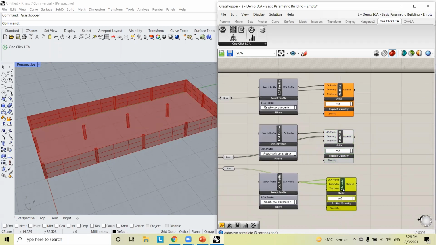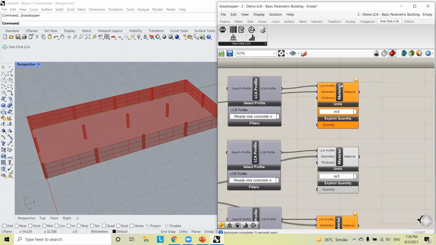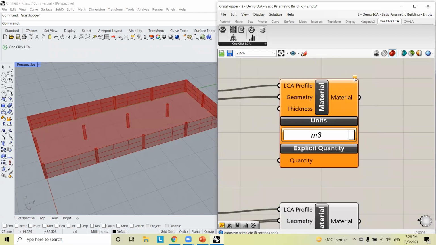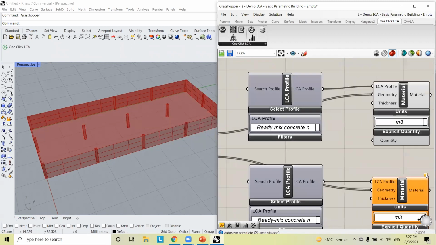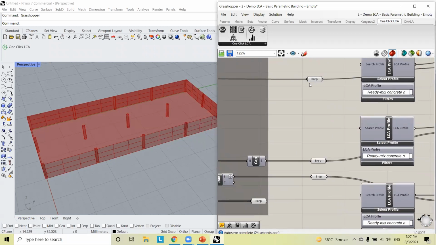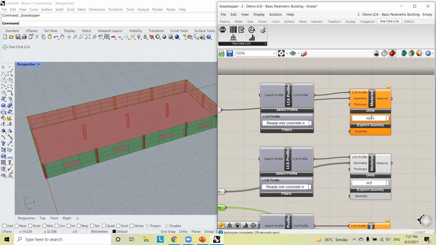So I suppose most of you that already use Grasshopper can see that there is a warning here. And if we go to the bubble right here, you can see what the warning is about. We have to specify thickness or quantity. And why is that? That's because, and this is the same error in my external walls as well, I drew my slab and my external walls as surfaces. And the unit I'm choosing here is volume. So for that reason, we have to specify the thickness of them so that we can get the correct results. It's very easy to do that. Just add a text panel with the thickness